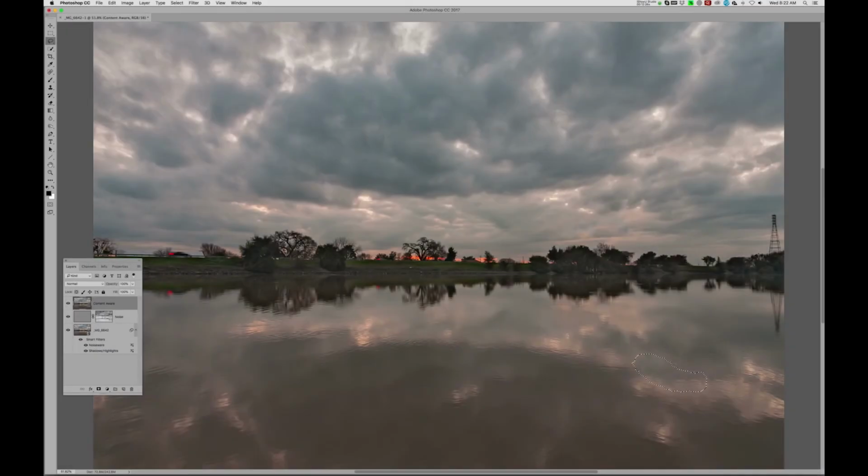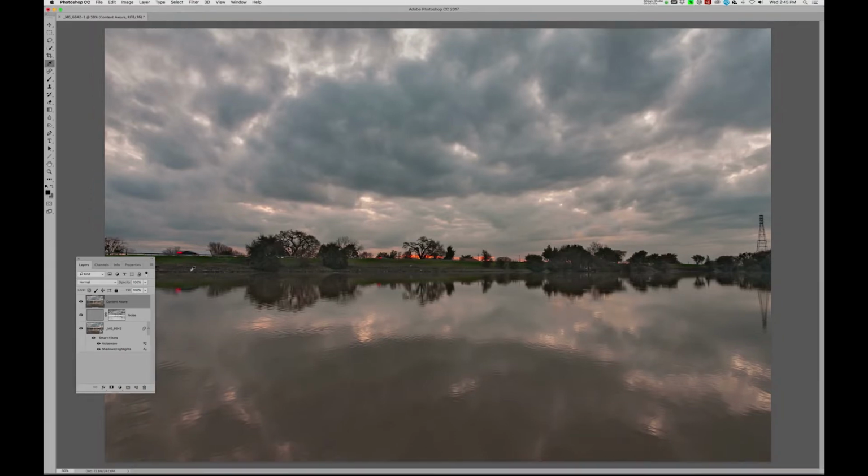All right, Command D to get rid of the selection. And now we're ready to go in and create what we call our global adjustments. So global adjustments are those luminosity, hue, and saturation adjustments that affect the entire image in a positive manner. So very often they're very minor little tweaks, especially if you've done the right type of work in your raw